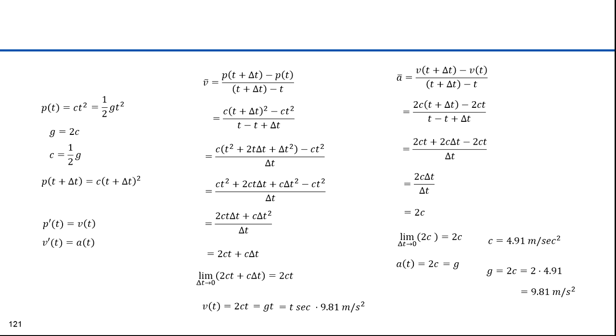The derivative of position is velocity, and the derivative of velocity is acceleration. You can do double derivatives. The double derivative of position is the derivative of velocity, which is acceleration. There's also a dot notation. This is convenient for vectors. p dot equals v, v dot equals a, p double dot equals v dot, which equals a.